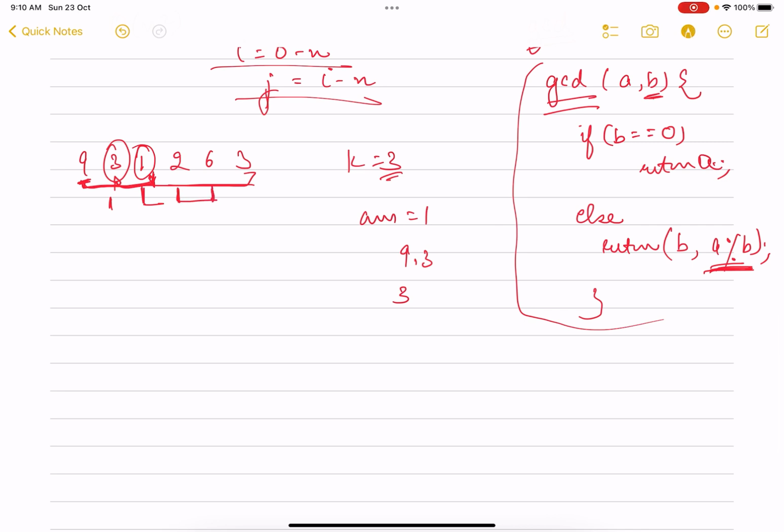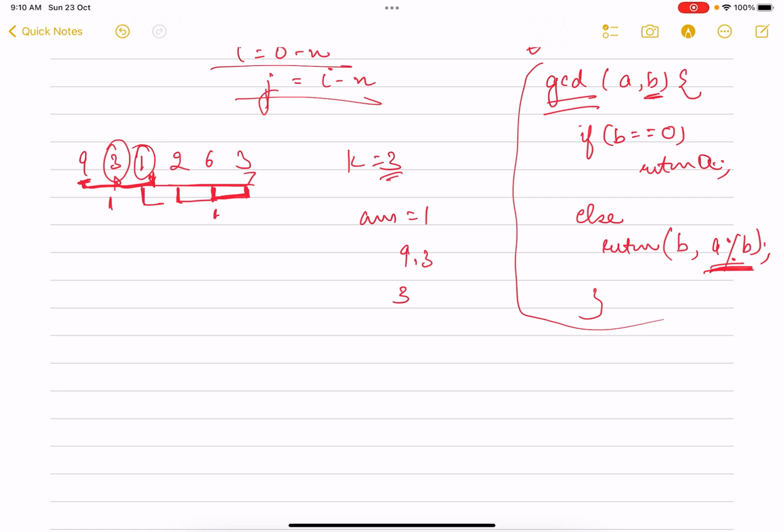I go here. Now GCD of these 2 is 2. That is again not equal to k. I take this, right? Now here you just see, is GCD equal to k? No, the GCD in this case is 1. So you do not do anything. Now you start from here, right? You start from here, and then you see that, okay,